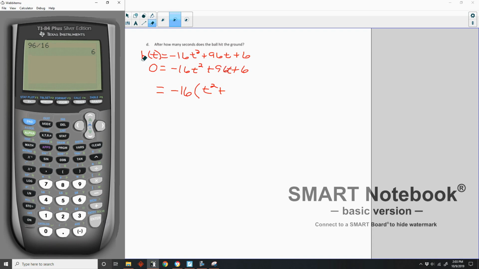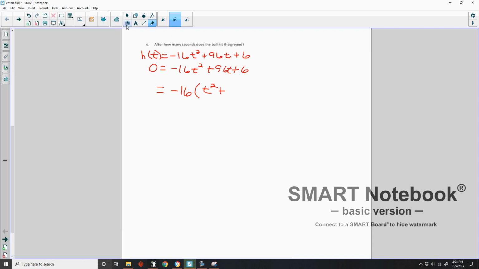And that is 6. Okay. So I'm factoring out a negative 16, so that's going to come out. And then factoring out a negative will make this minus, right? Negative times a negative would be positive. Negative 16 times negative 6 would be 96. Okay. And then